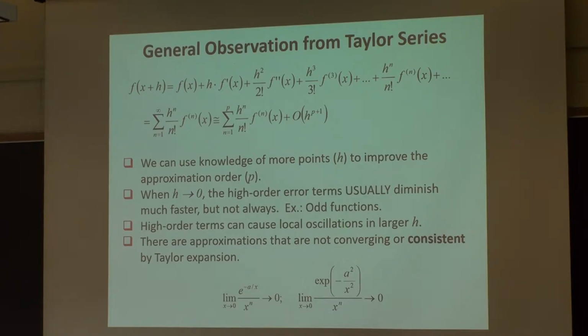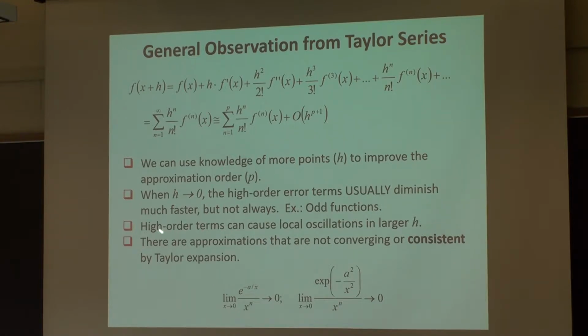A very, very simple example is an odd function. If your approximation function has an x squared, that doesn't matter, because that derivative is 0. So it's not monotonic, because your error also depends on the nature of your function. But in general, it will improve. In general, when h becomes smaller, before round-off error catches up, it will improve your approximation. Although it may not be monotonic, depending on the nature of f, in general, when you go for finer and finer h, you will get a better approximation.